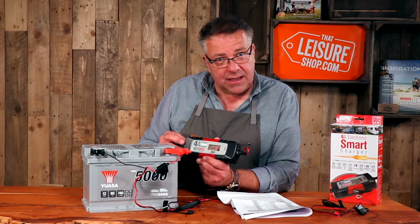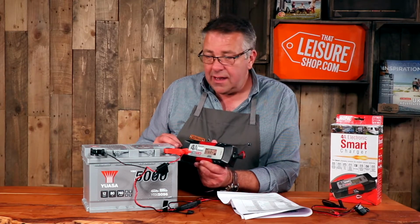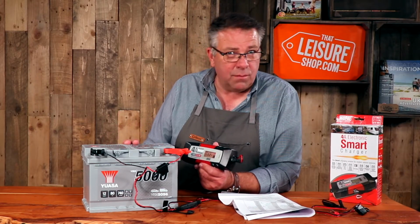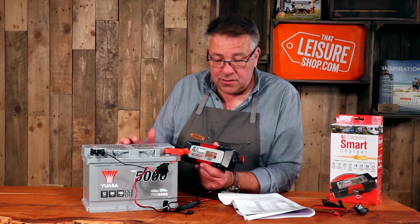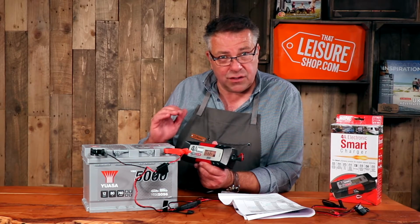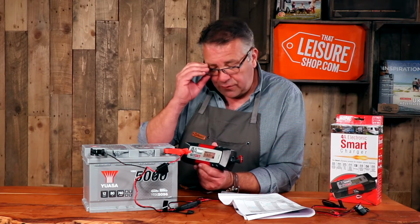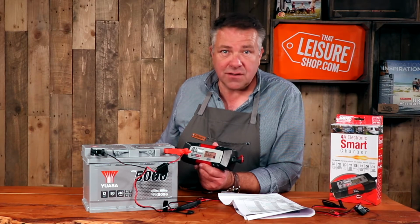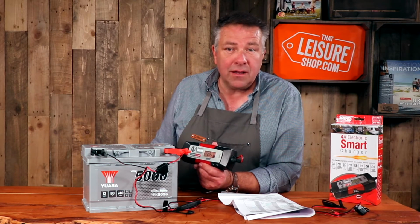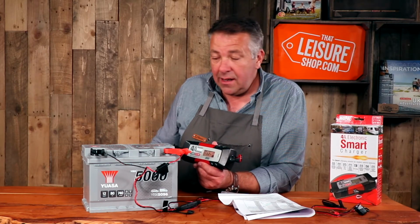So this thing is going to keep your battery alive and in good health whilst you're leaving it stored, like a motorbike or caravan, or classic car, they can stand around for weeks, months, or even years. I have a motorbike with one of these connected, an older version, and it's been on the motorbike for 2 years and the bike hasn't moved. I will go and start it every few months, and it starts first time every time, thanks to one of these maintenance chargers. They are brilliant, and if you want to save your battery's life and preserve it, definitely